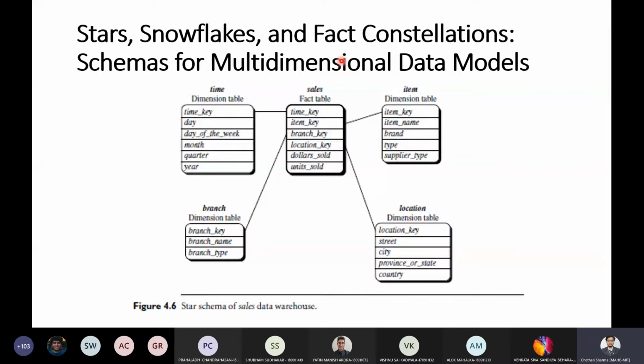The next is, if you remember, I had told you there are two things. In a normal database, a DBMS, it is the ER model, that is the entity relationship model schema. Here it is star, snowflake, and fact constellation.